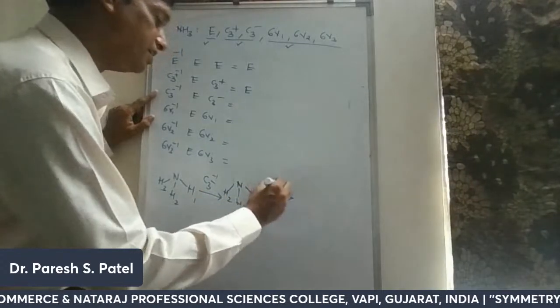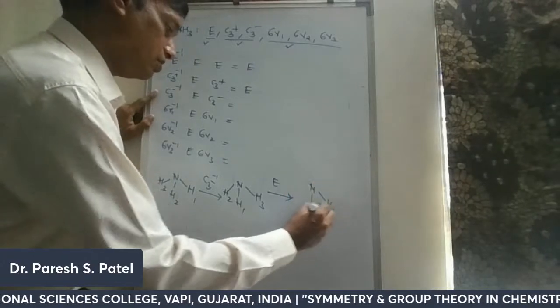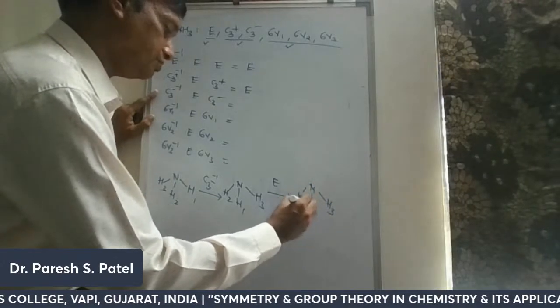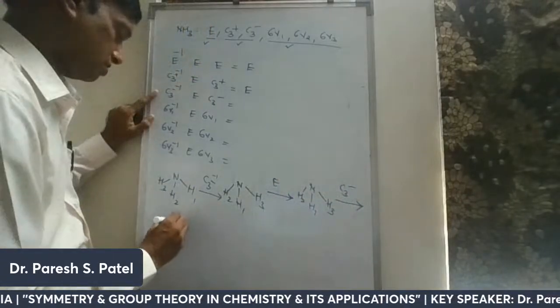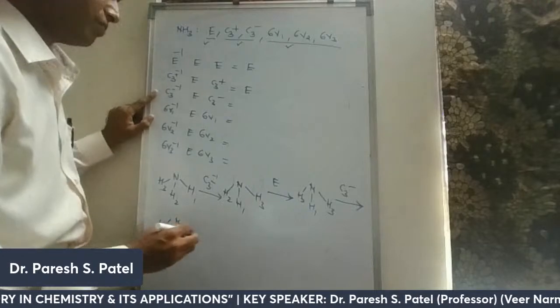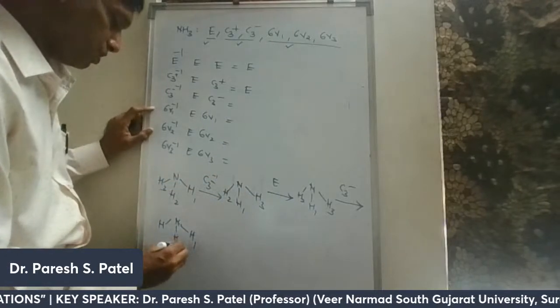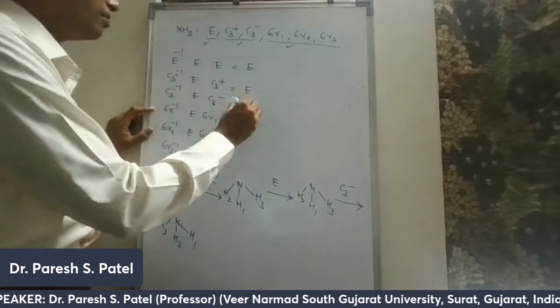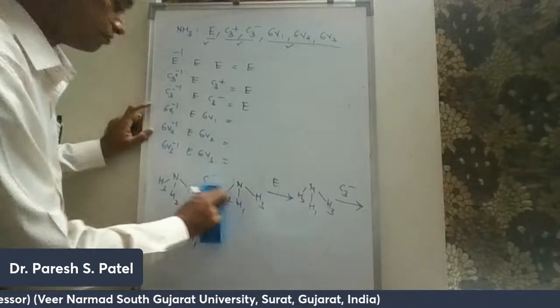Again, identity. 3, 1, and 2. Again, C3 minus. C3 minus means one time anti-clockwise rotation. So to give the original molecule, it means identity. Next one is